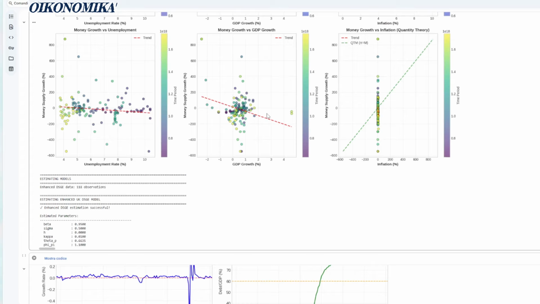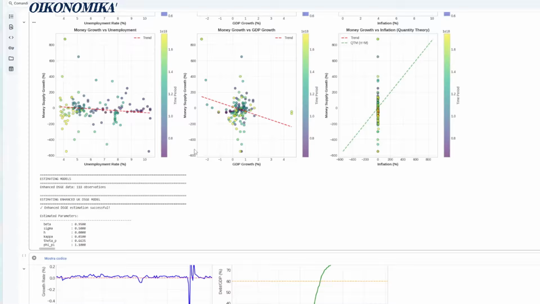But nevertheless, we see how money supply, for some reason, can have some unconventional negative linear regression with GDP growth. So printing money is not always a guarantee of